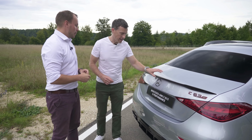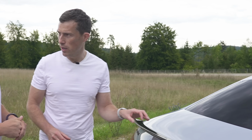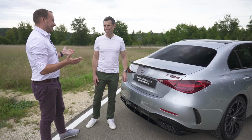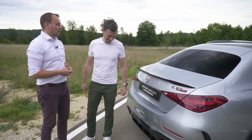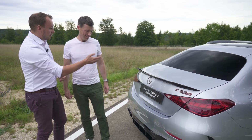But so this is extended, so it's part of the aero package. So you normally have a spoiler on the boot lip, but it's slightly smaller, yeah? Right. Okay. I've got to say, I like the smoked effect of the badging. That's not standard, is it? Is that the night package? Yeah, I've got to pay for that, haven't I? Yeah. So it's also available as optional. Again, we want to offer our customers a wide spread of individualization because we know that this is very important for our customers. Not everybody likes the black tailpipes. Not everybody likes the black so you can mix and match and...